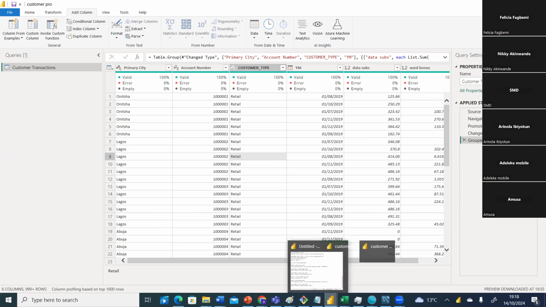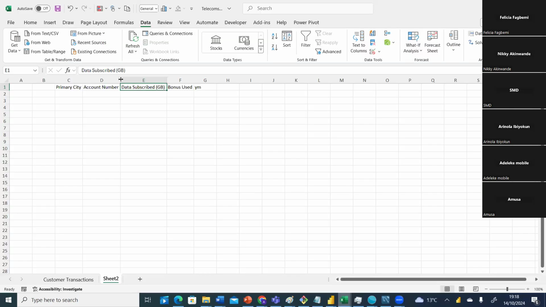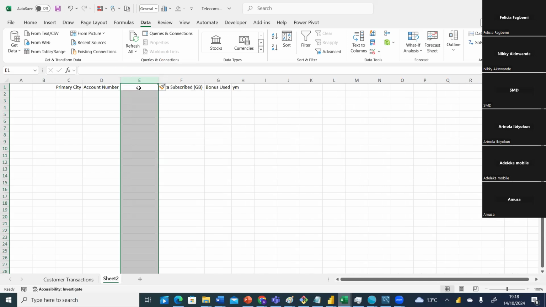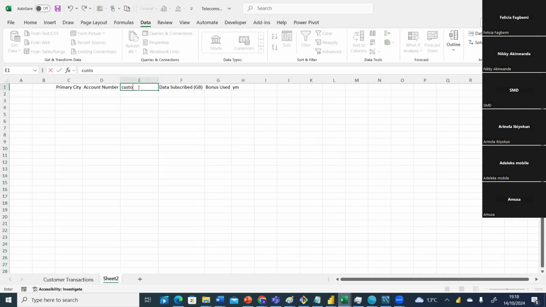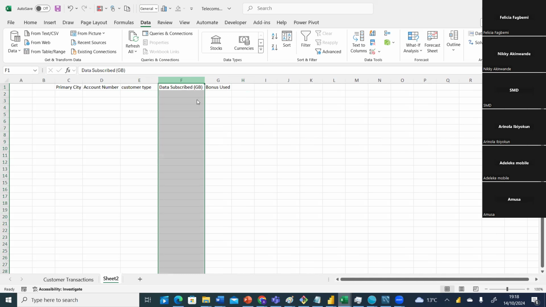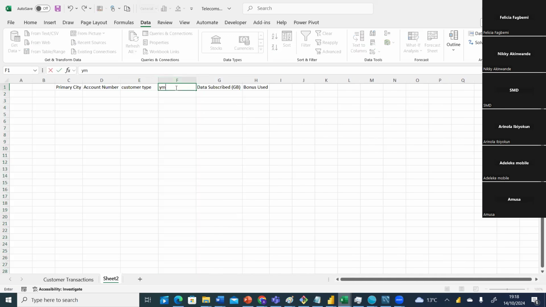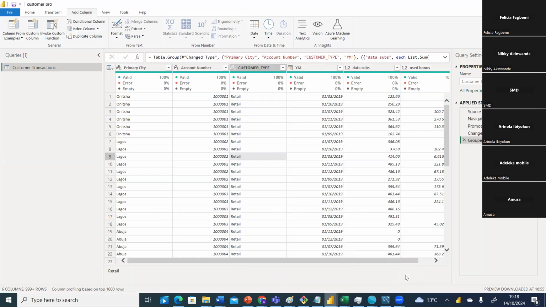There is customer type here. Let me delete this and insert a column here. And we have Y month here. So we have something like this now in Excel. And in Power Query, I mean to say,